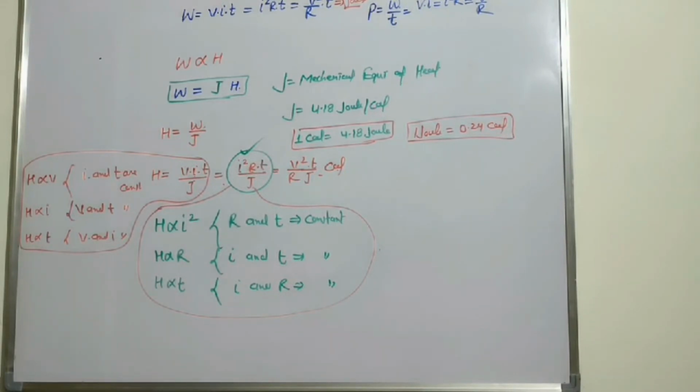Okay. And examples of appliances that work on the heating effect of current are the electrical heater, heating appliances we use in winters, the electrical filament of a bulb, electric iron, and electric fuse. The immersion rod is also a good example of the heating effect of electric current. I think this is the heating effect of current.